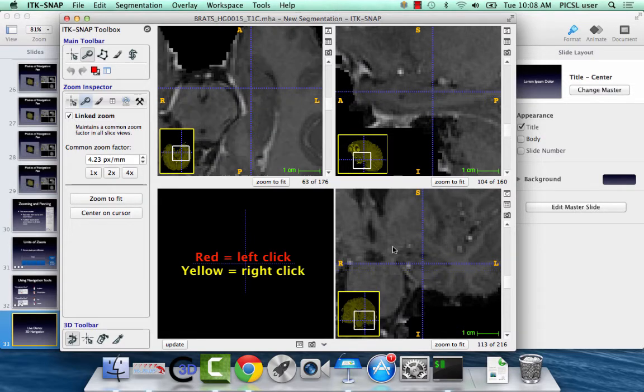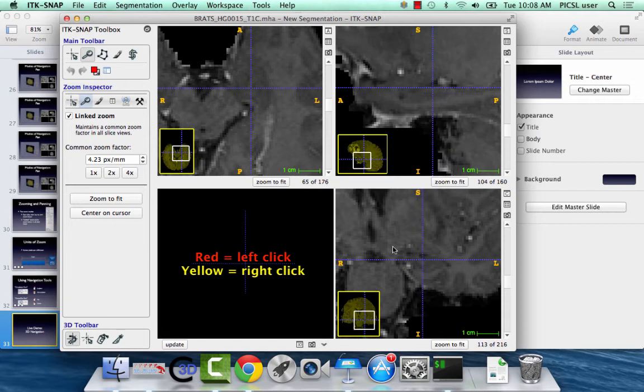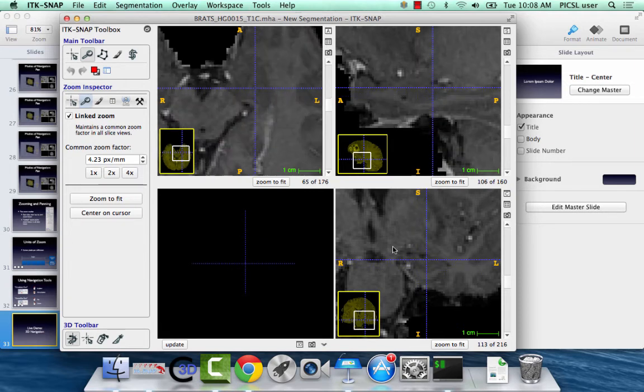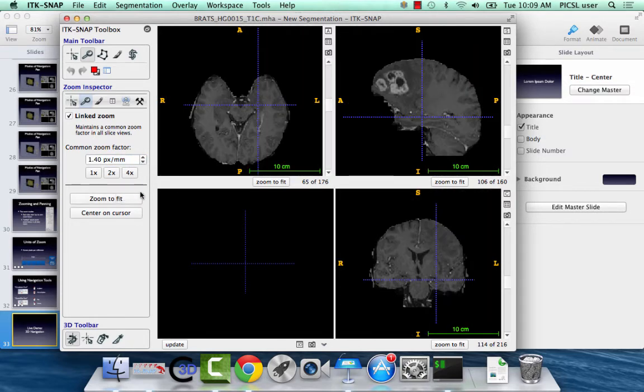The keyboard also works, so I can navigate my cursor using arrow keys on the keyboard. So there are many little tricks to perform navigation. And then I can also set my zoom factor. I can zoom to fit, which fits all three of my slice views, or I can set a specific zoom factor,